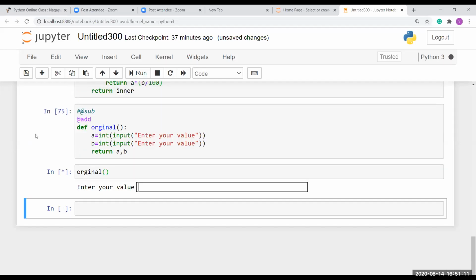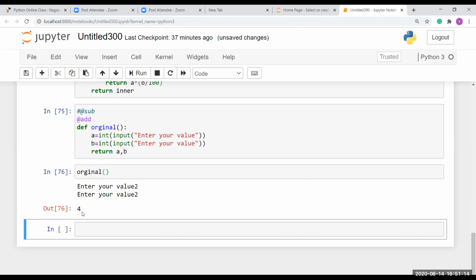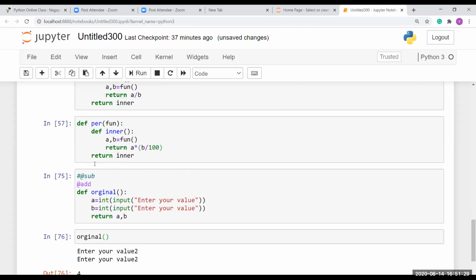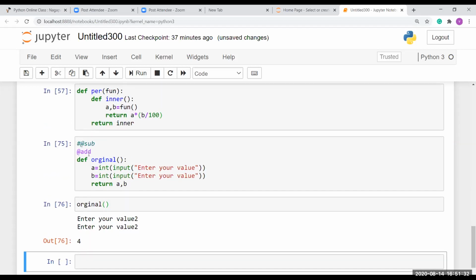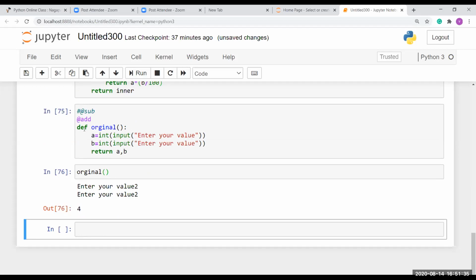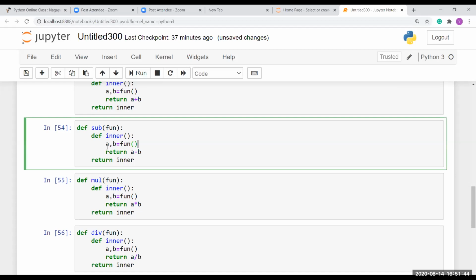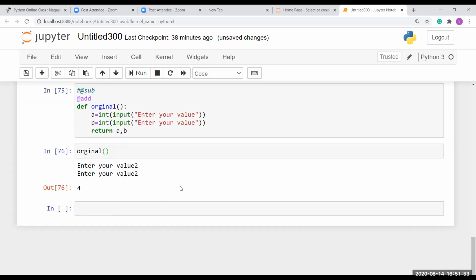You can see I give 2 comma 2, it returns 4, right? So if you are giving subtract here, the subtract decorator will overlap your add decorator. The add returns 4, then the 4 goes on to your sub function, and here it won't unpack because we have only one value, that is 4. It won't unpack that, that's why it returns the error.